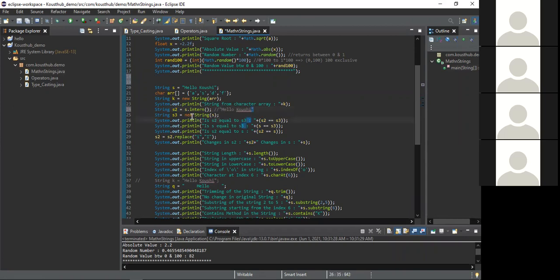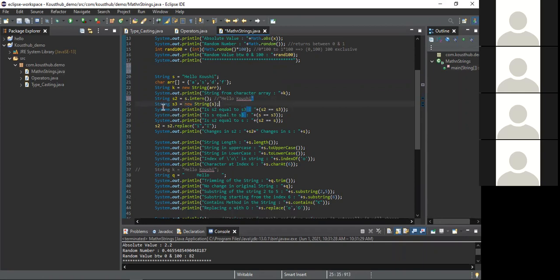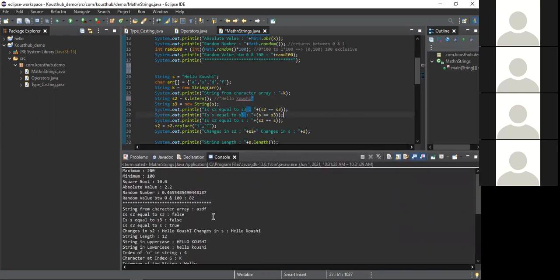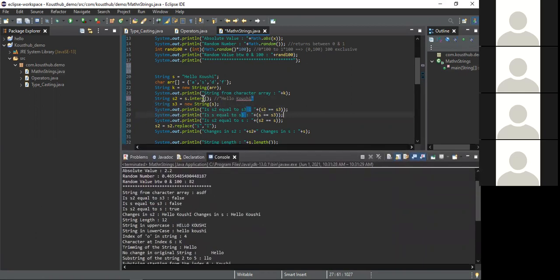And then this new method actually creates a new object. And to compare that, I use the equal to operators here. So first I compared S2 and S3, in the sense it is this string literal and this new object. So it gave false because they are two different objects, because I used new here.